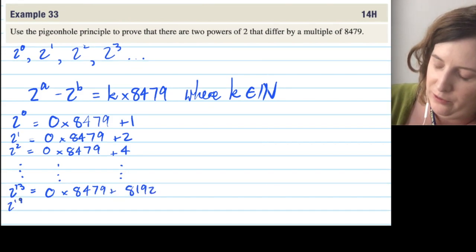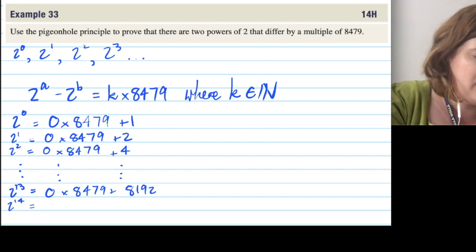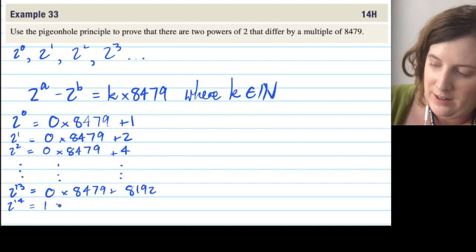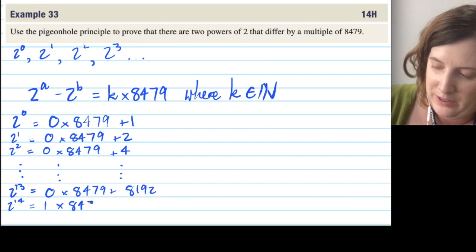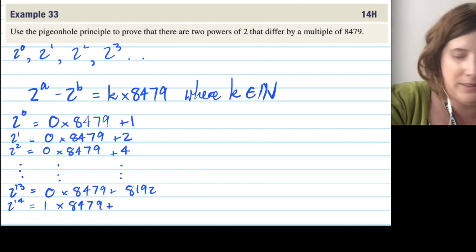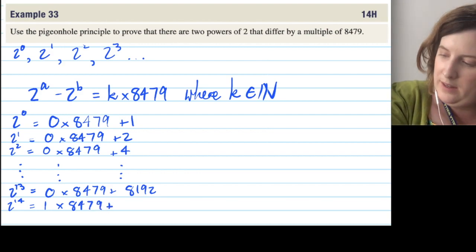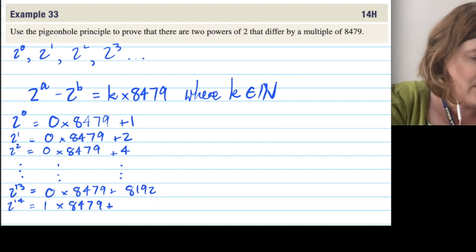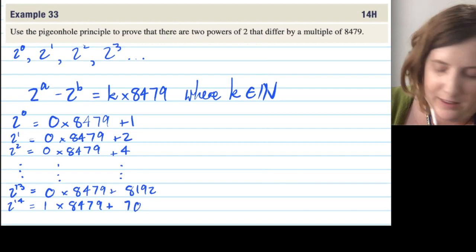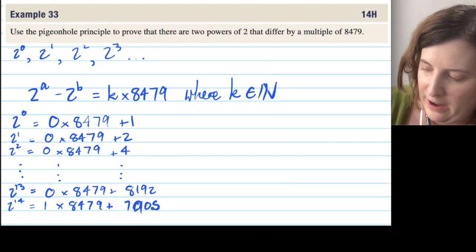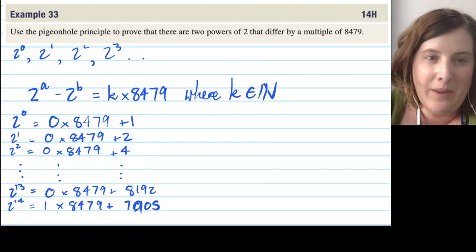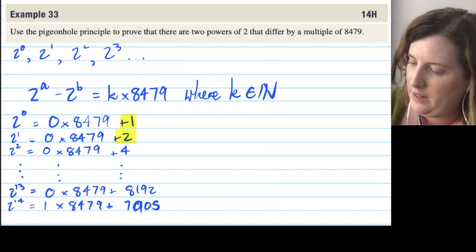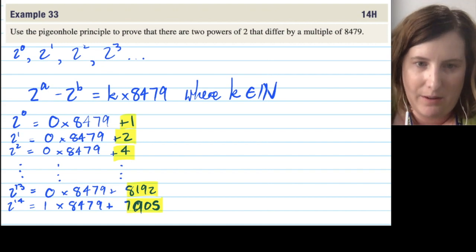If I had 2 to the 14, then that's one lot of 8,479 plus 7,905. My point that I'm trying to make is if we literally just considered these remainders that we get,